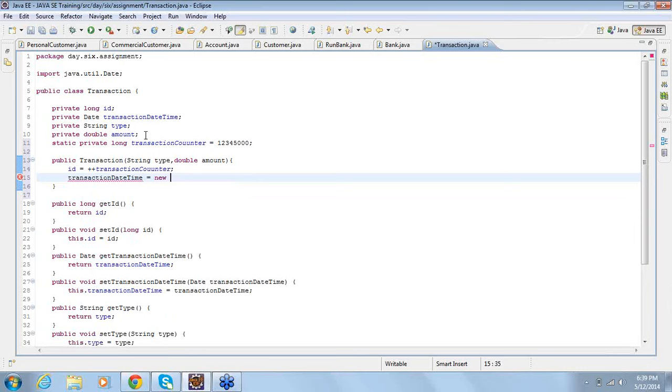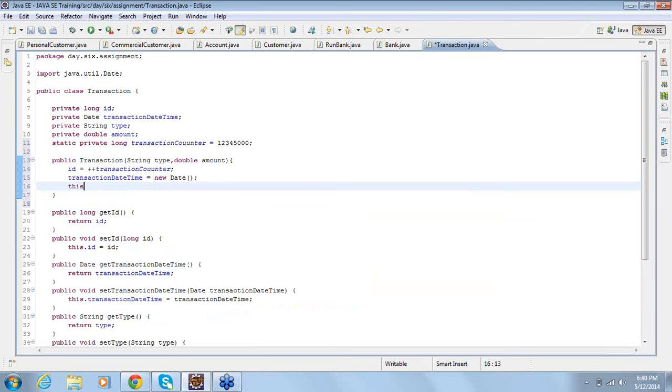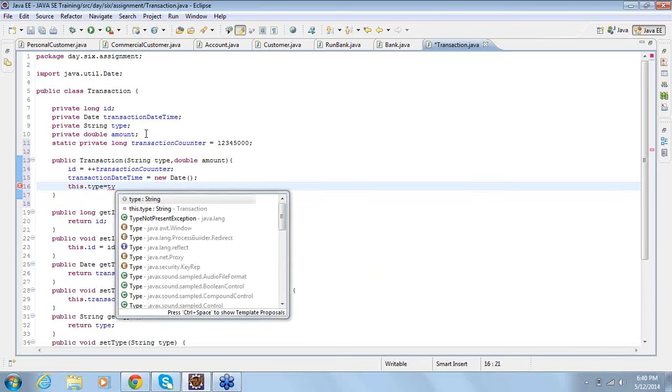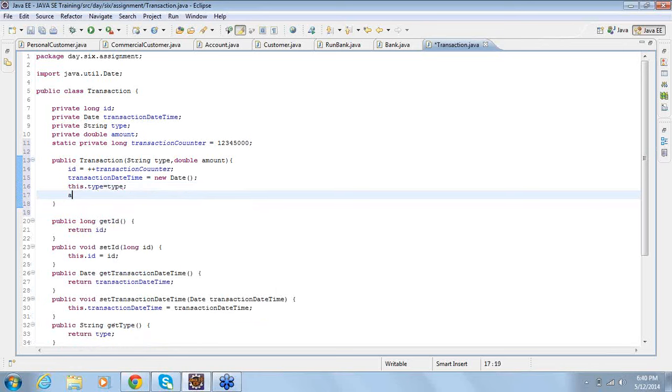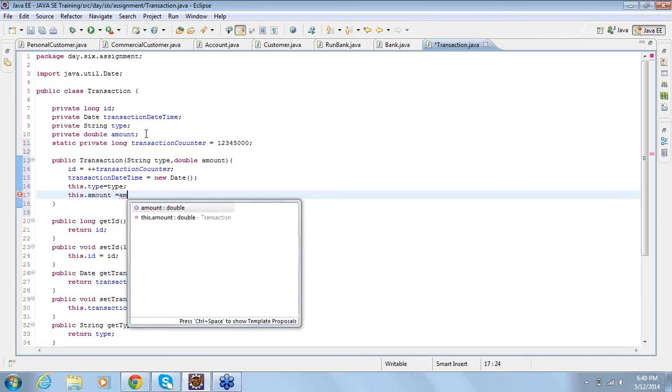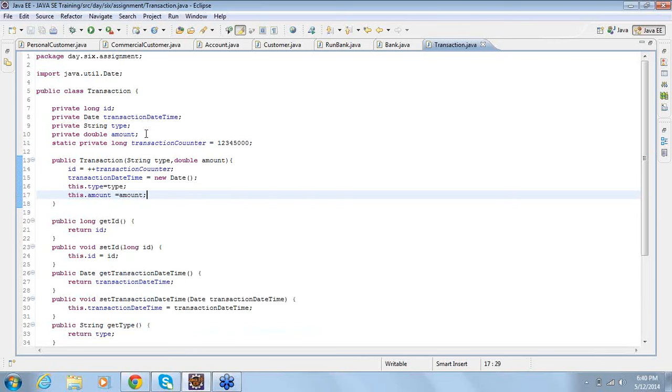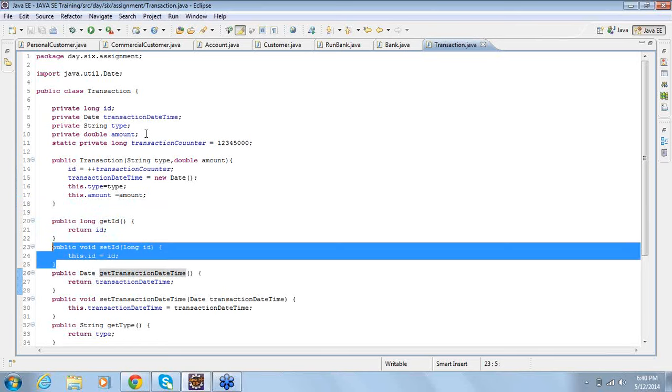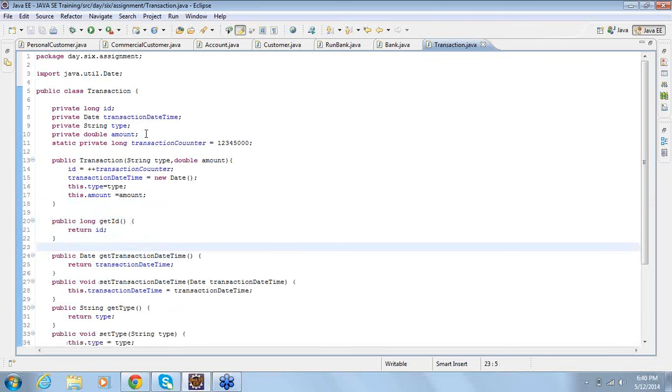Now I'm creating a date object which will maintain the date and time of the transaction. Since transaction ID is auto-generated, you don't need a set method.